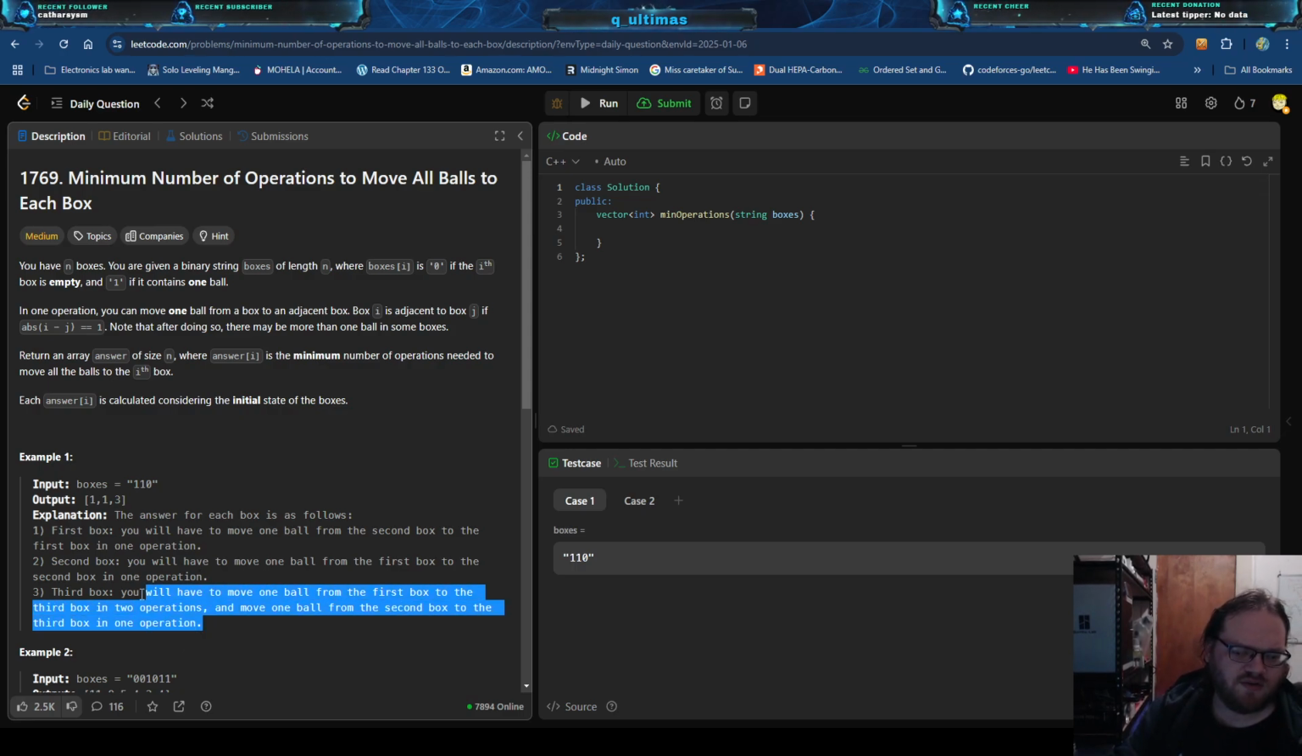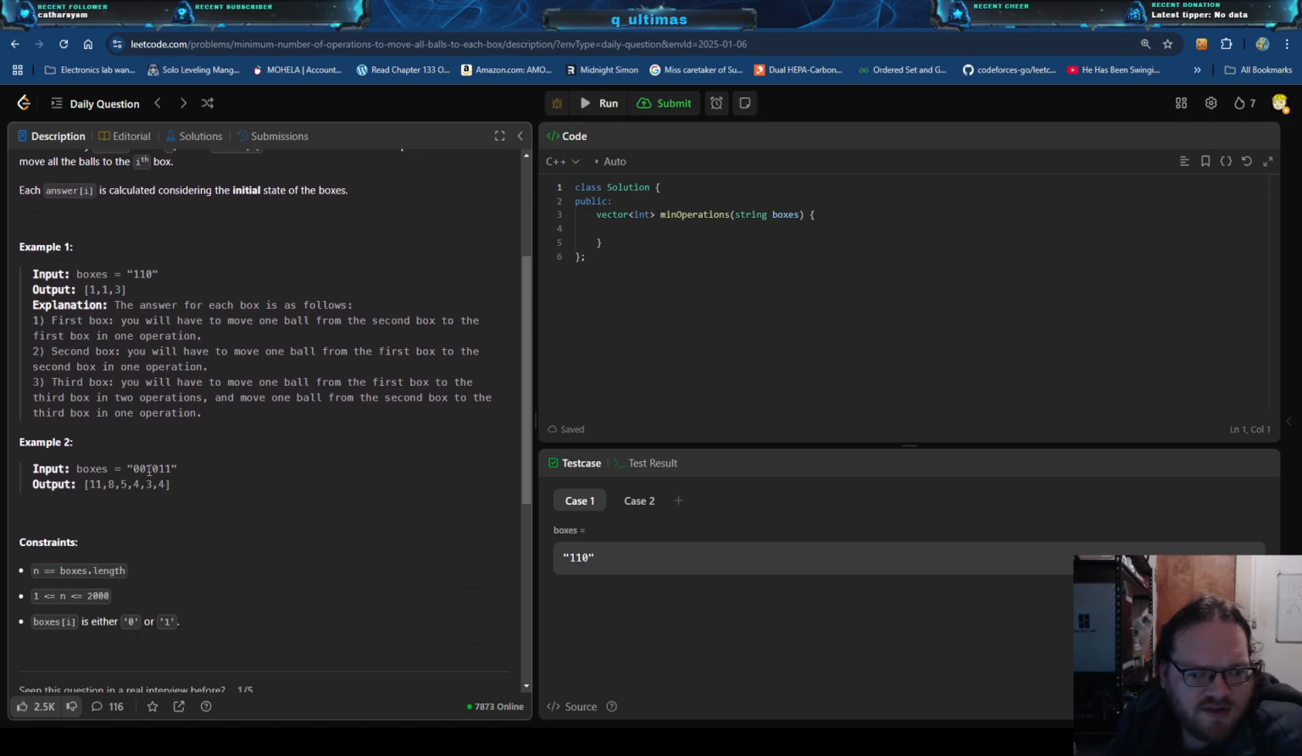No, because this is saying 2 and 1. So these two would take 3 operations. Let's see, 1, 2. Yeah, so it's just the total distance movements, right? Whoa, I don't know why I'm so tired. Okay, so